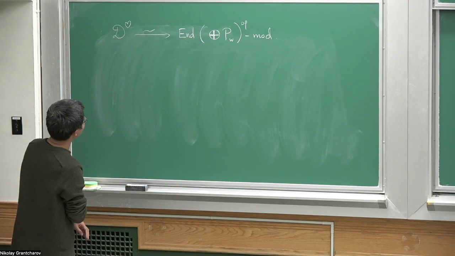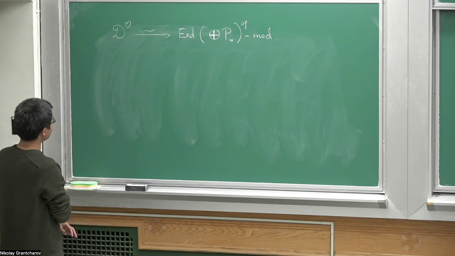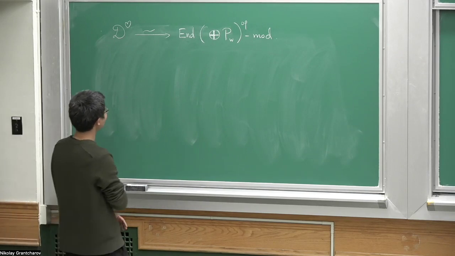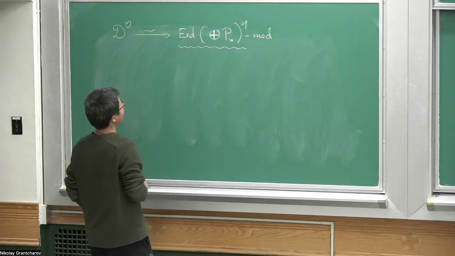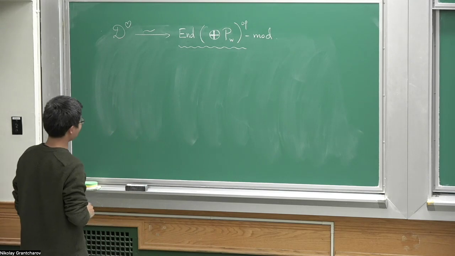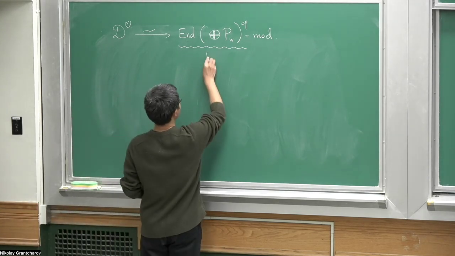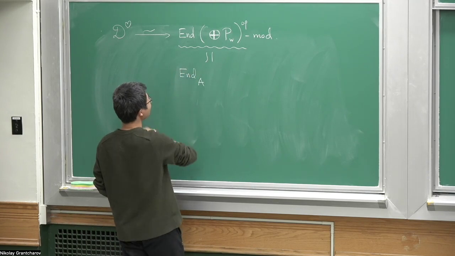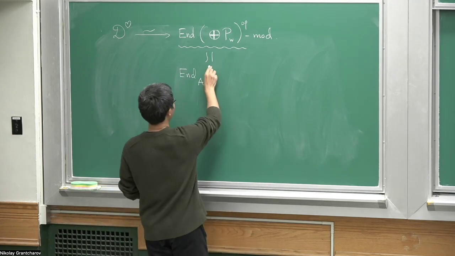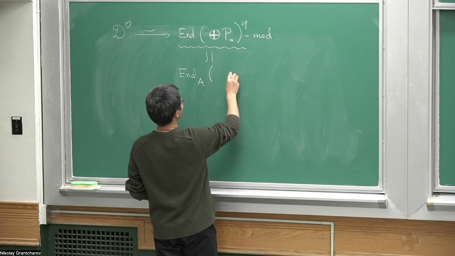That's the general fact about Artinian categories. But Soergel's functor gives us another way of calculating this big ring. This is the same now as the endomorphisms over this algebra A of B of